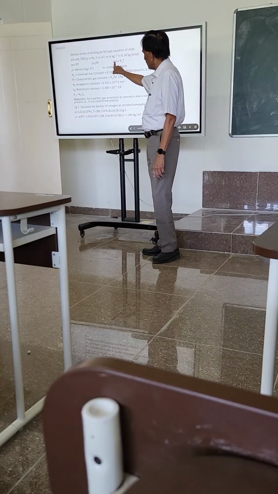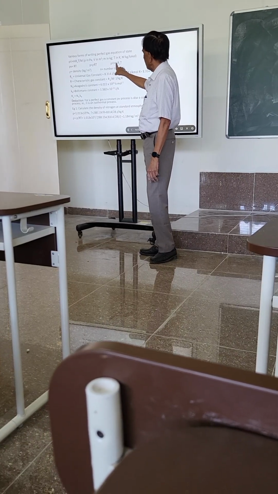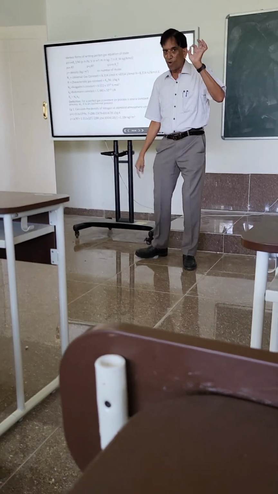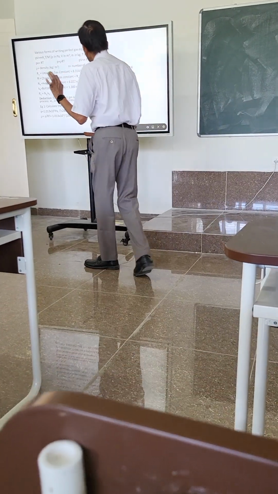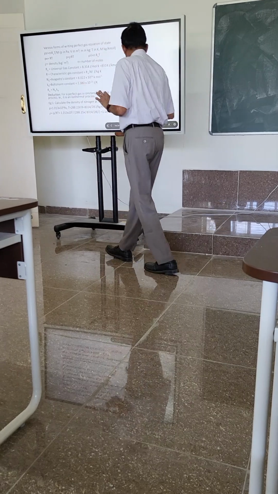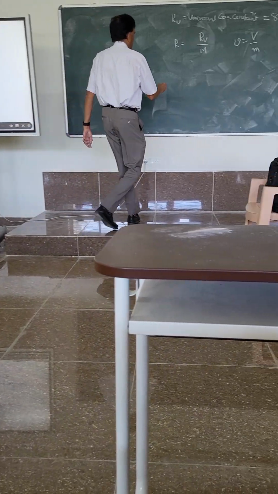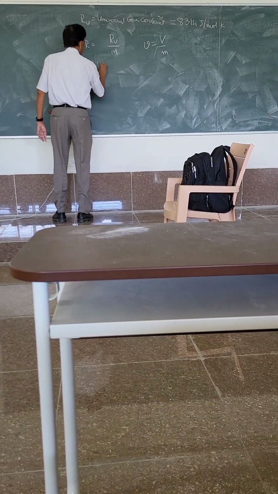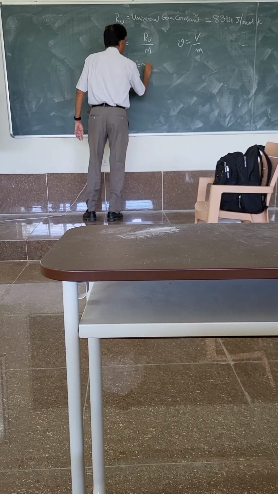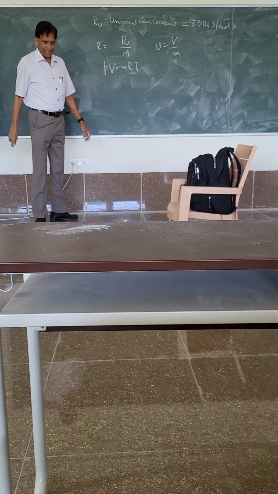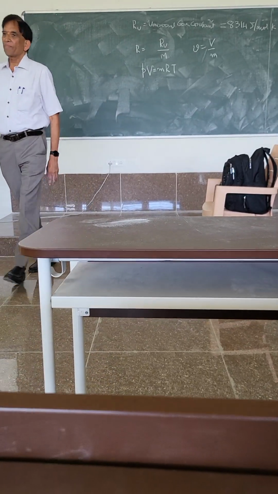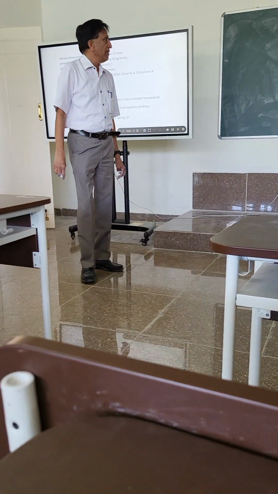Or if you take the total volume, n is the number of moles, and R is the universal gas constant. If you are using moles, it comes with the universal gas constant. If it is mass, it will be the characteristic gas constant. So we can also write that in terms of mass: PV is equal to m times R times T. m is the mass, R is the characteristic gas constant. m is in kilograms, V is in meter cube.